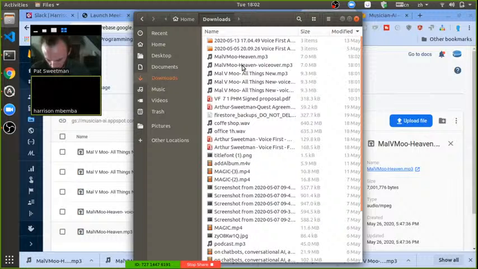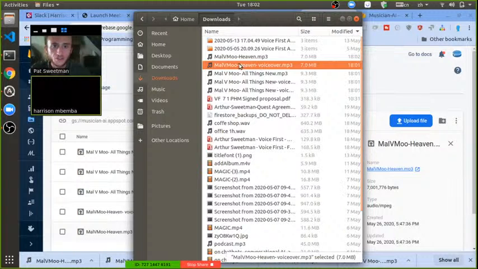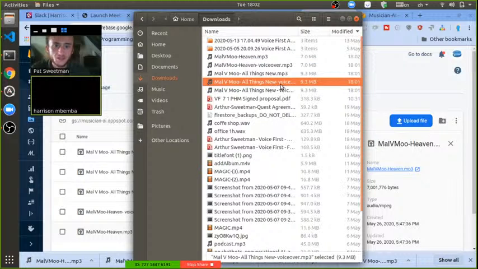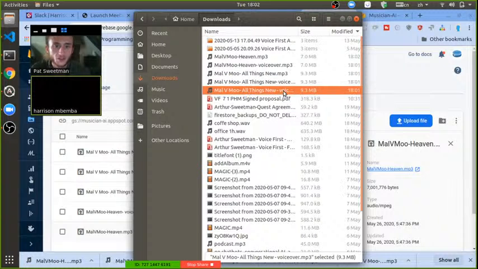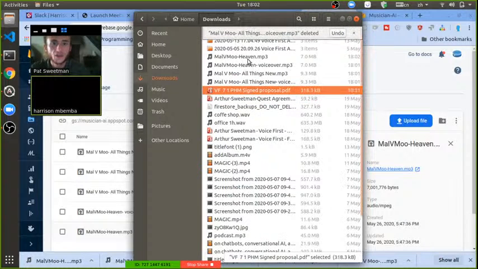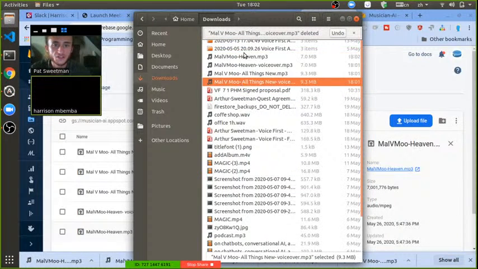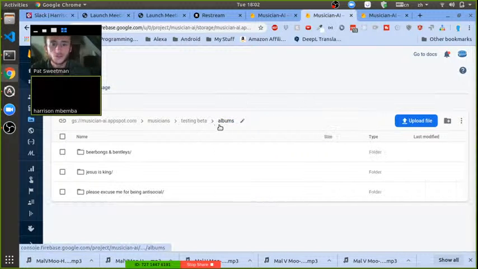And the rule is append dash space voiceover to the end. So this first one's named correctly for Heaven, right? Yes. Okay. This one is also correct with dash space voiceover. Correct. This one is not correct with space dash space voiceover. Correct. Okay, so I will delete that one. And if I upload all 4 of these, I should only have 2 songs? Correct. Okay, so let's go back to albums.